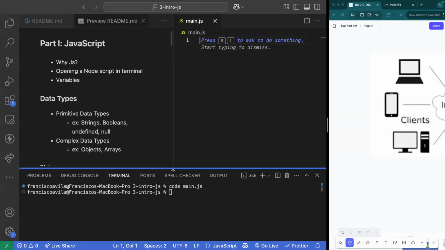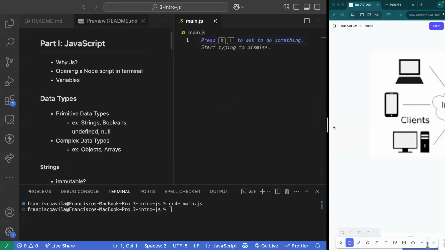All right. And inside here, the first thing we're going to be covering is our variables. Now, variables are very straightforward. They're essentially just something that you can store information into so that you can reference it later on. For example, if I wanted to have 10, but I wanted to be able to reference it later on as something that I can,